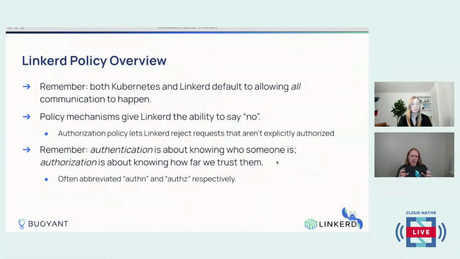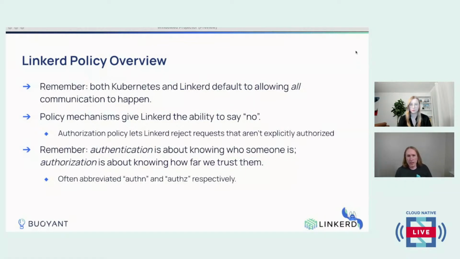As far as the way that this model is used for policy, Kubernetes and Linkerd both default wide open. They allow any communication to happen from any workload to any other workload. The important thing to remember at the core of all of this policy discussion is that the point of policy mechanisms is that they give you the ability to say no. In particular, this is a way that we can give Linkerd the ability to reject a request that has not been explicitly authorized by a policy.